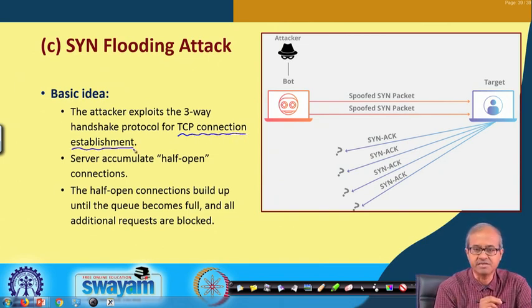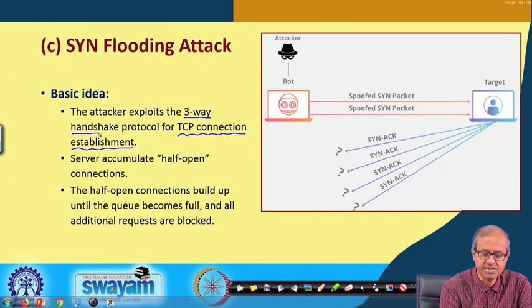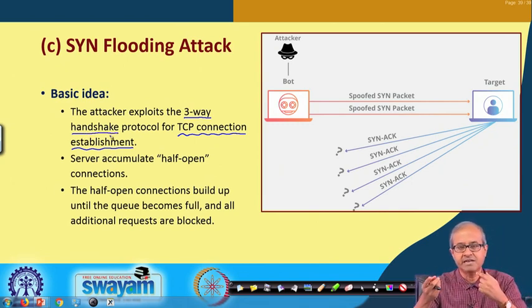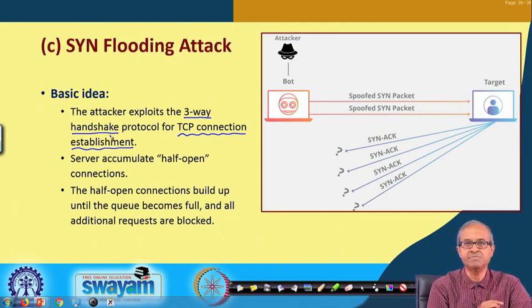You recall TCP connection is established using a three-way handshake protocol. There is a SYN followed by a SYN acknowledgement followed by another packet sent. So, there are three packets that are exchanged between a source and a target before a TCP connection is established.